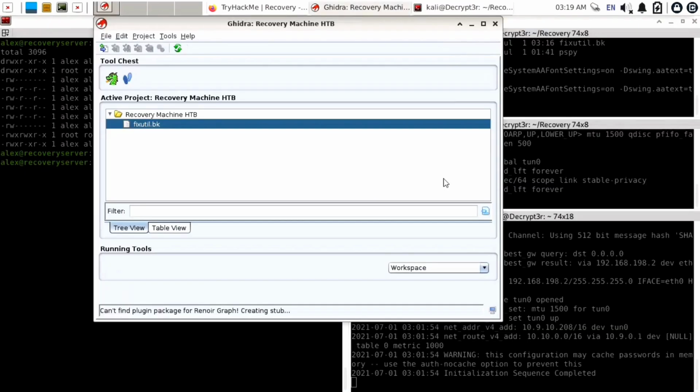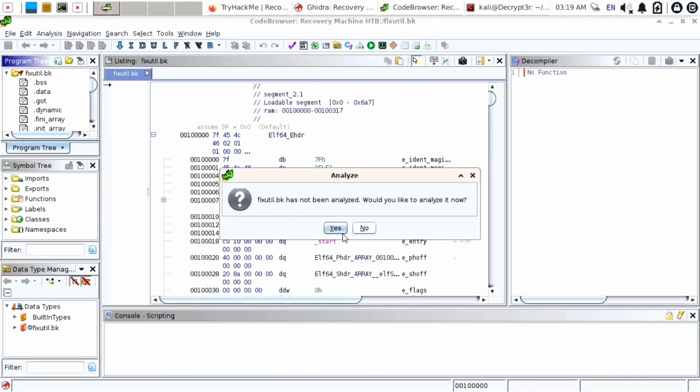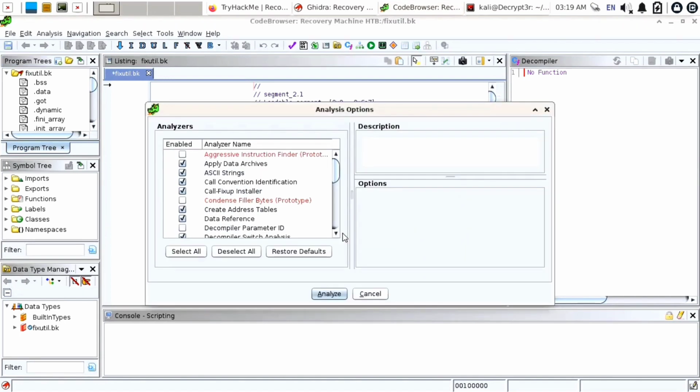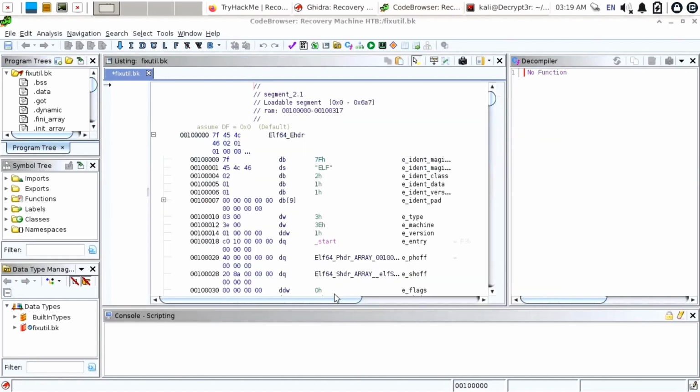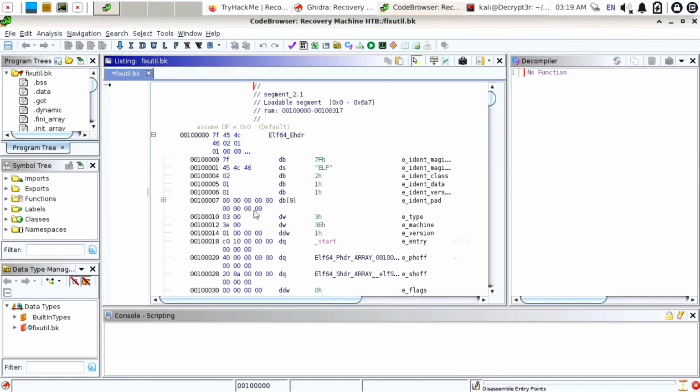So click on the close button and double click on the fixutil.bk file again, and it's now loading. Okay, so click on yes. Now it is asking to analyze this, so click on analyze. It started analyzing our file.